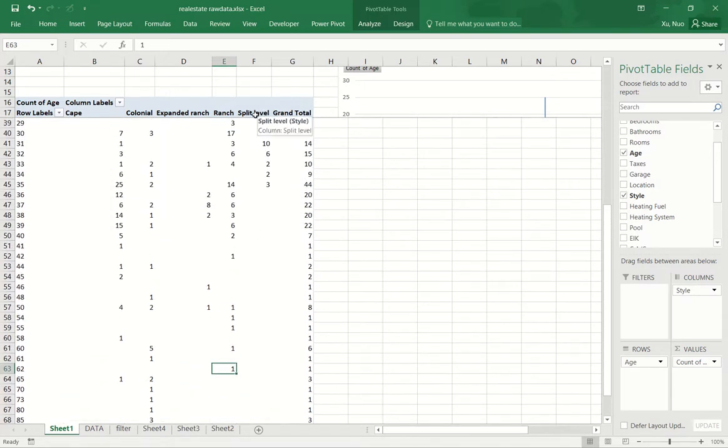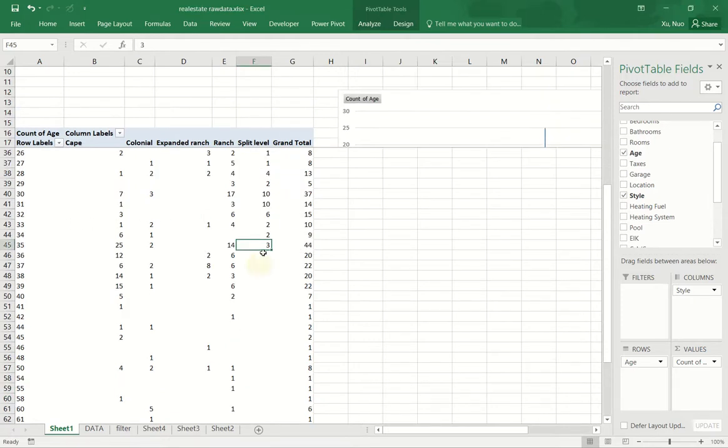The oldest split level house was built 35 years ago. This result will suggest strongly that the split level was the most recent style. We have inferred earlier that the expanded ranch was the most recent style because it has the shortest average age, which turns out to be a false inference, because here we can see